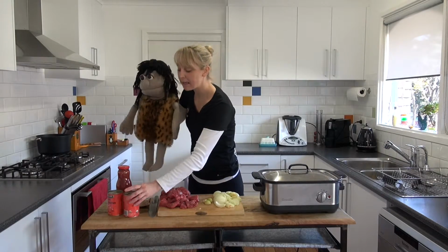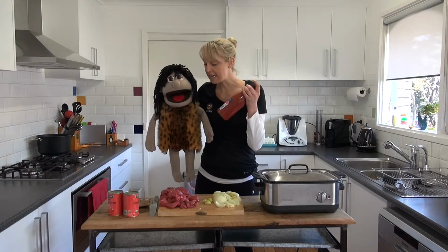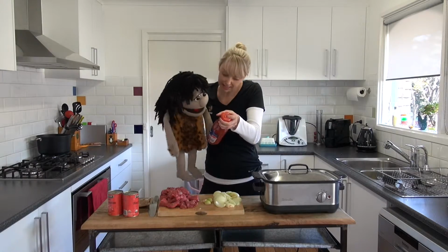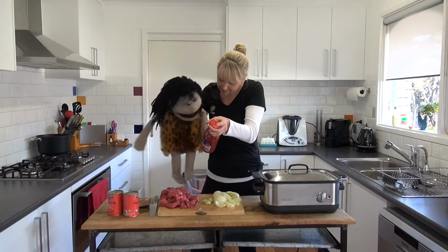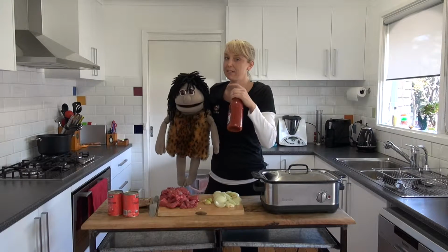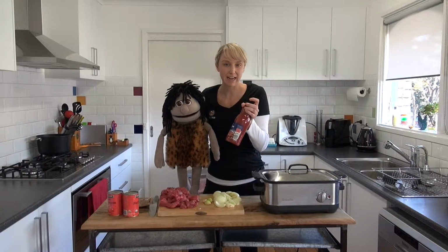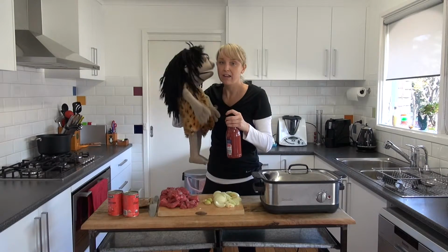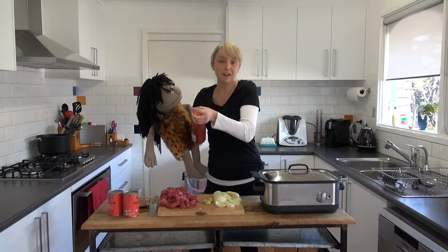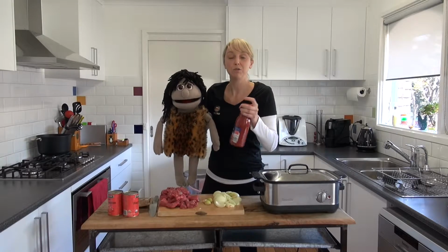Tomatoes. Yep, we've got some tin tomatoes here, 2 tins, and I've also got some tomato passata here. Now, guys, when you do buy tomato passata, just make sure you check the ingredients. What are the ingredients there, Boomy? Tomato and salt. Yeah. Really check, because a lot of the passatas in the supermarkets have a lot of food additives in there, and they've got lots of numbers on there. You don't understand what numbers are in food, me neither. Unless it says tomatoes and salt, well then you've got to really question what those numbers and the